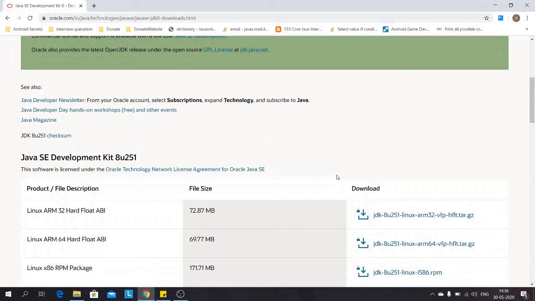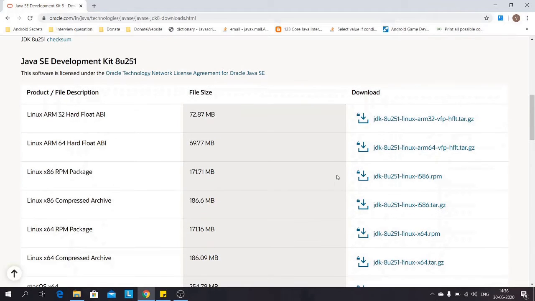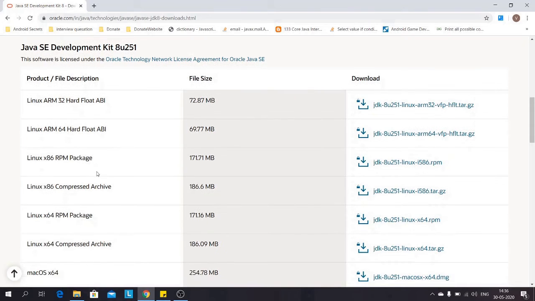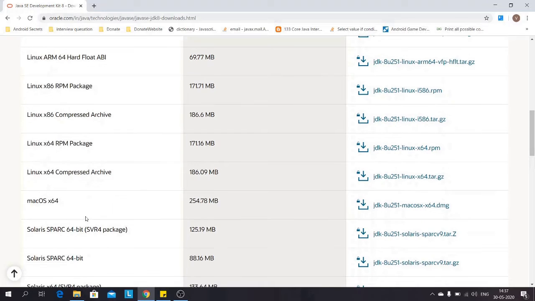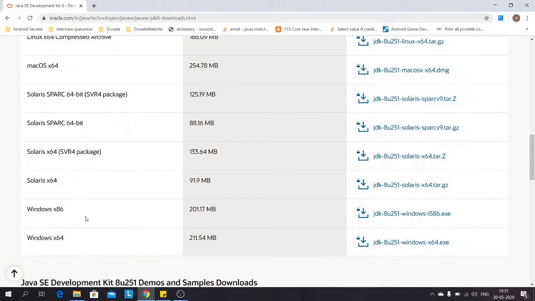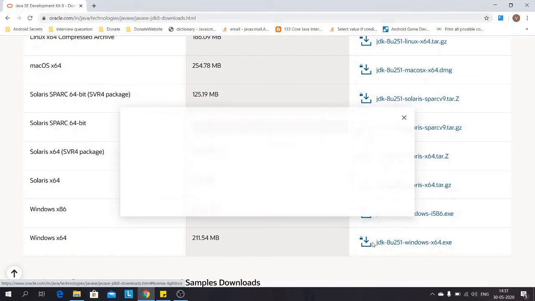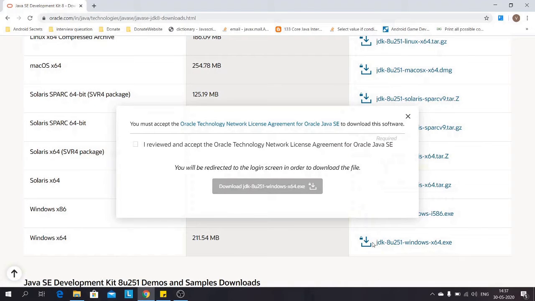Here, once you scroll down a bit, you can see that JDK systems are available for all the existing operating systems which we have till now, starting from Linux, Mac, Solaris, and Windows. Currently, my system on which I am making this video is Windows 10 64. So I am downloading this JDK. It will first ask you to accept the license agreement. Once you accept,